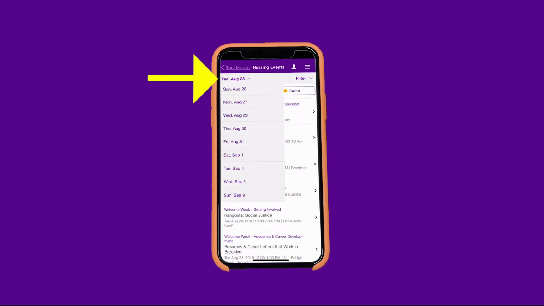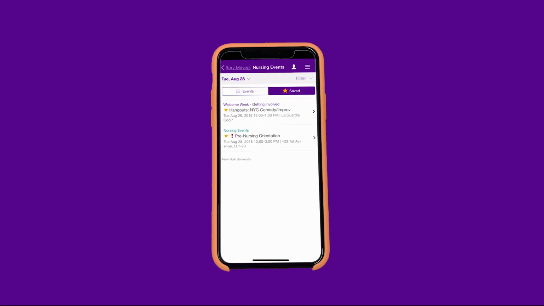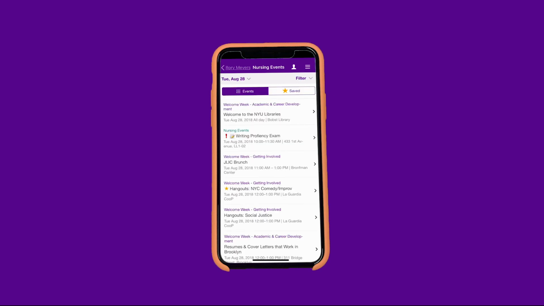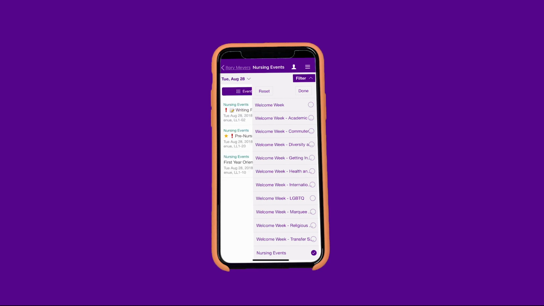Please select the drop-down here to move through the days of Welcome Week and create your custom schedule for each day. You can also filter for specific school orientation or Welcome Week events. Click here to see the different categories. You can select or unselect filters to only see categories of events, such as events for transfer students, international students,